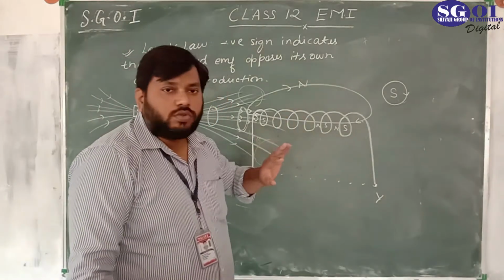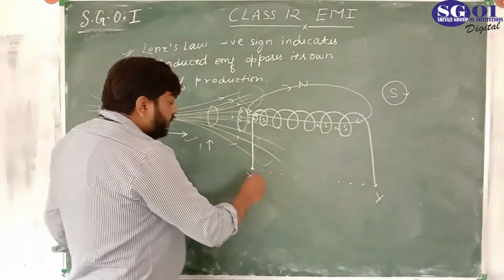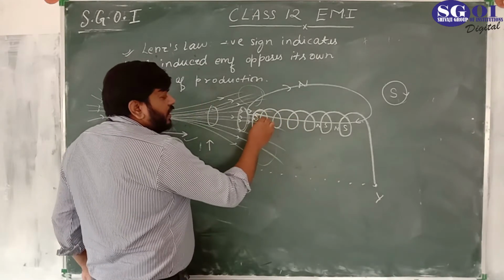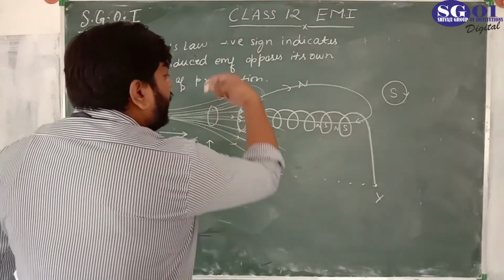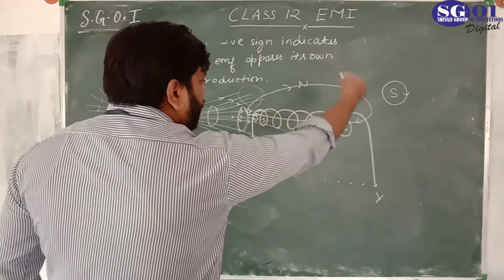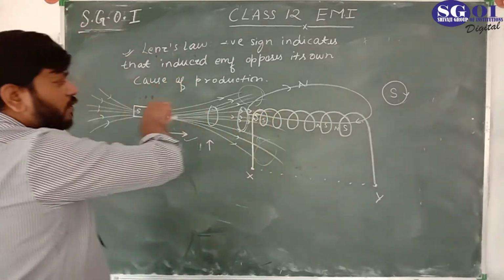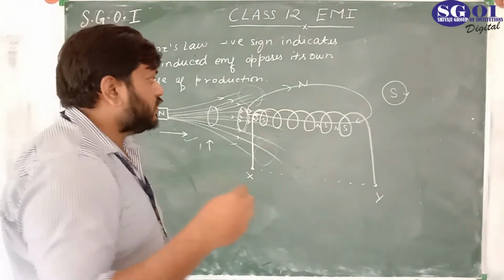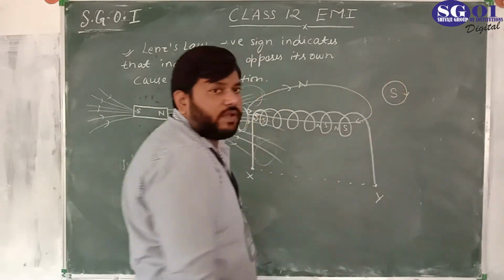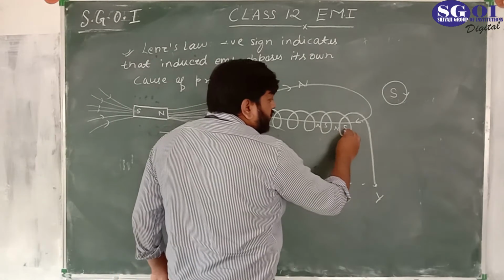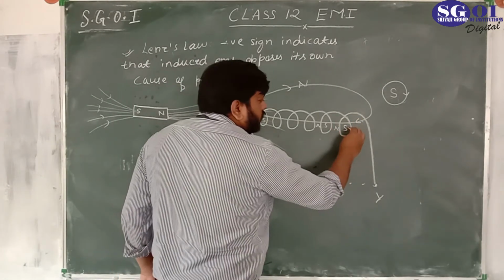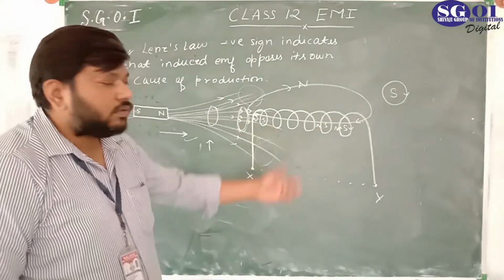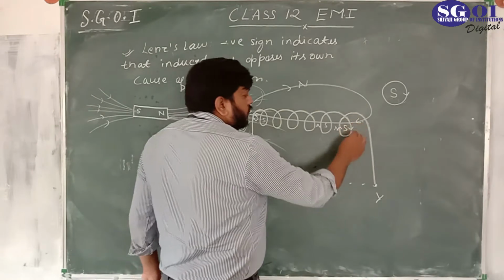And if this is south and we have wound the coil like this, the face which we are seeing is south and from the other side it is north. And we know that in the south the current is clockwise. So if this is south, the current will be clockwise. Right. The direction of the current is clockwise.